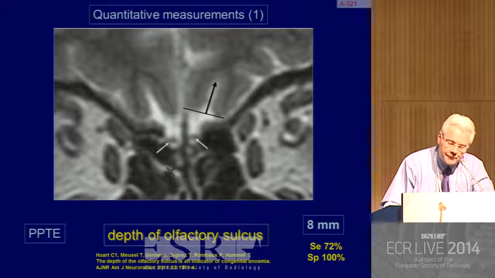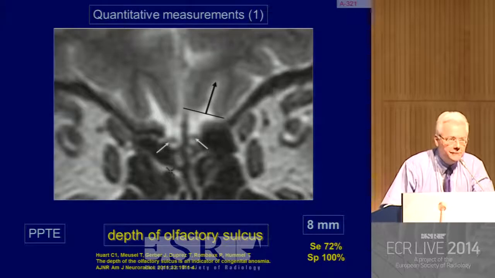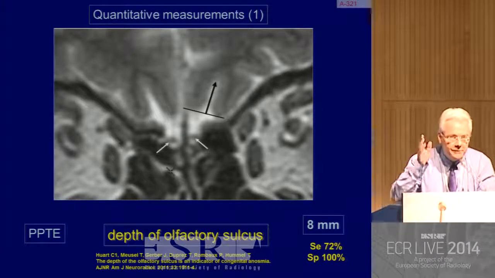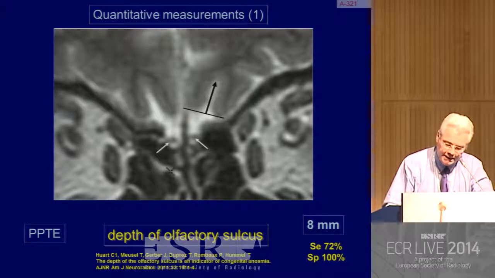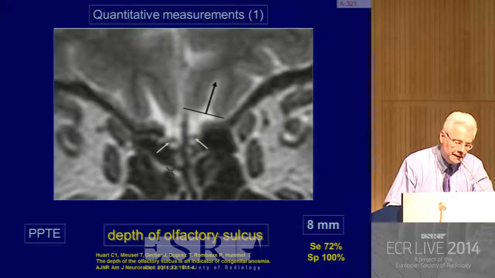I have little time to talk about quantitative measurement. We have seen a case of Kallmann disease with an olfactory sulcus absent on one side and present on the other side. We have made a study in persons suffering from congenital anosmia, and we found that